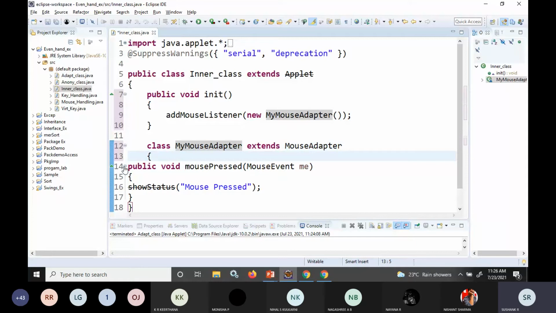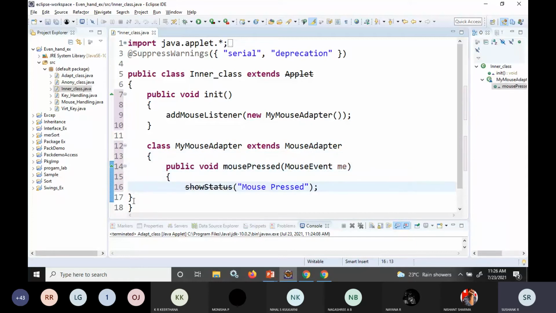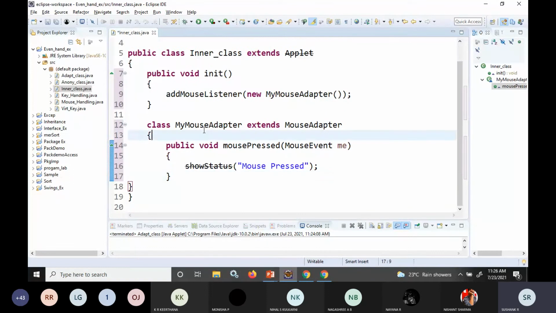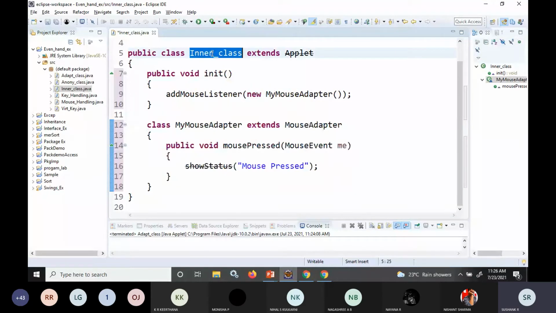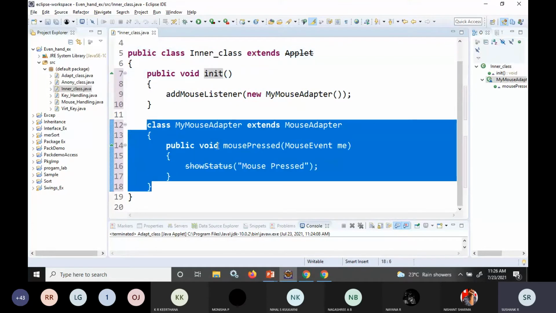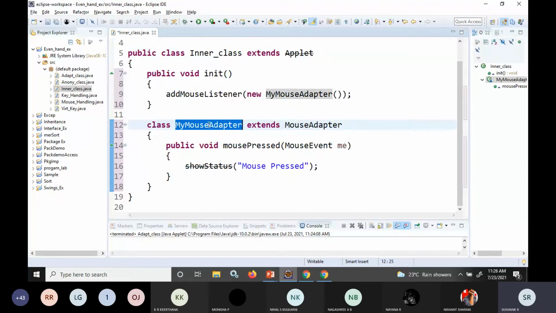Within one class, I'm writing one more class. This MyMouseAdapter class contains only one method, that is the mousePressed method, and it ends here. So this is the outer class, this is the inner class. The outer class is named InnerClass. It contains two things: one, a function called the init function, and second, a class given the name MyMouseAdapter.